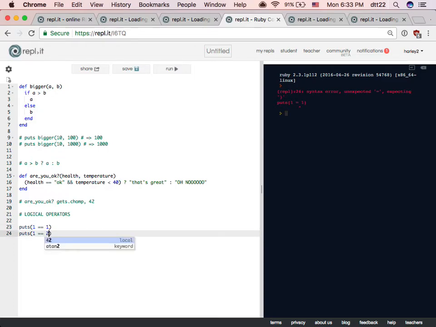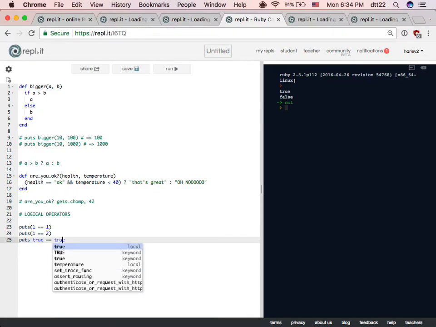So 1 equals 2. You cannot do 1 equal 2, only A equals 2, but then this will give A the value of 2. Okay, let's say 1 equals 2. What happens? False.